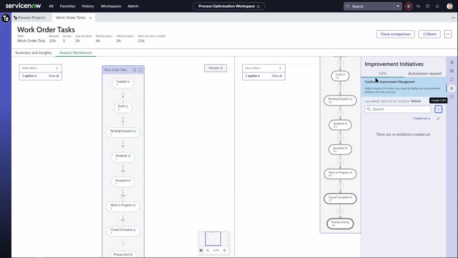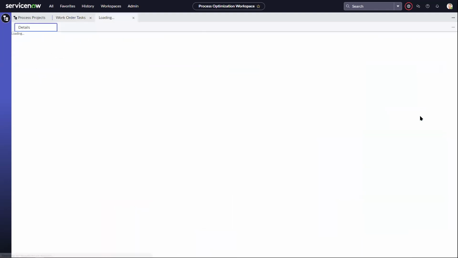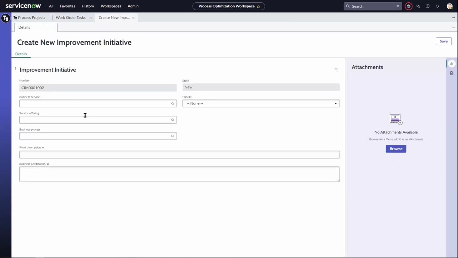But from there, I would also create a continual improvement initiative. So here, I can say, I want to either link it to an existing continual improvement or create a new continual improvement initiative. From there, it would take the underlying report. I can build out the process and the justification. It would embed that report, and I can put together the appropriate tasks. Or maybe it's not even my job to say, well, here's how we improve it. I'm just here to say, here's what we've identified, and someone else runs with it. But that's really the process, running the gamut from